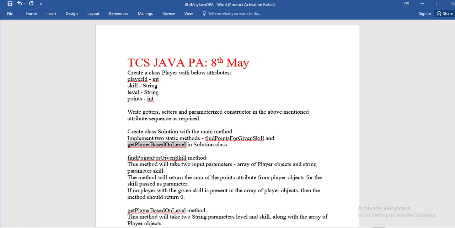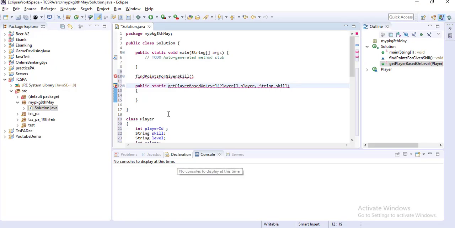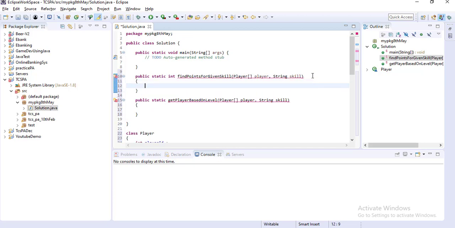This is the first one, findPointsForGivenSkill, so replace it. Here also you have to write public static. For the first method the return type is int, and these are the parameters of this method. I guess the second one also takes the same parameters. I am just returning 0 right now. We'll write the code later.